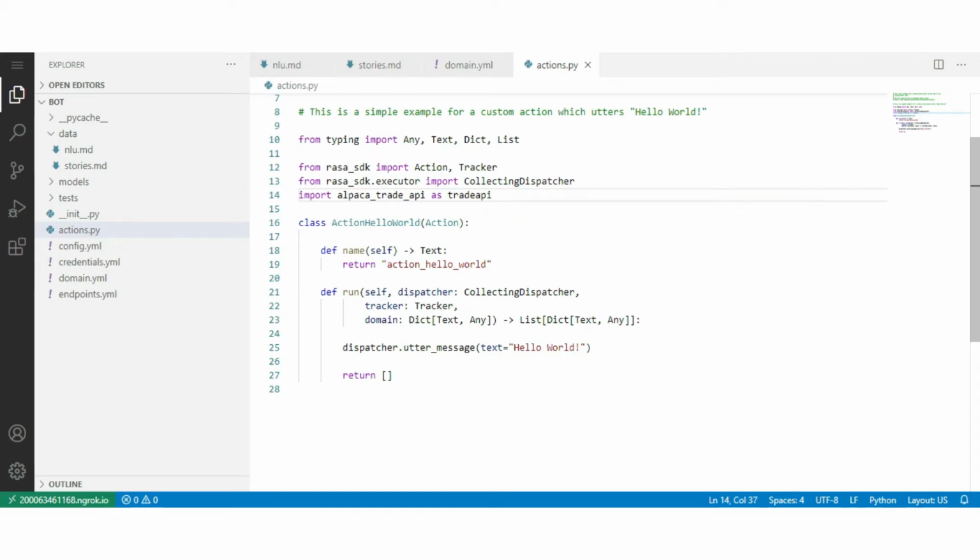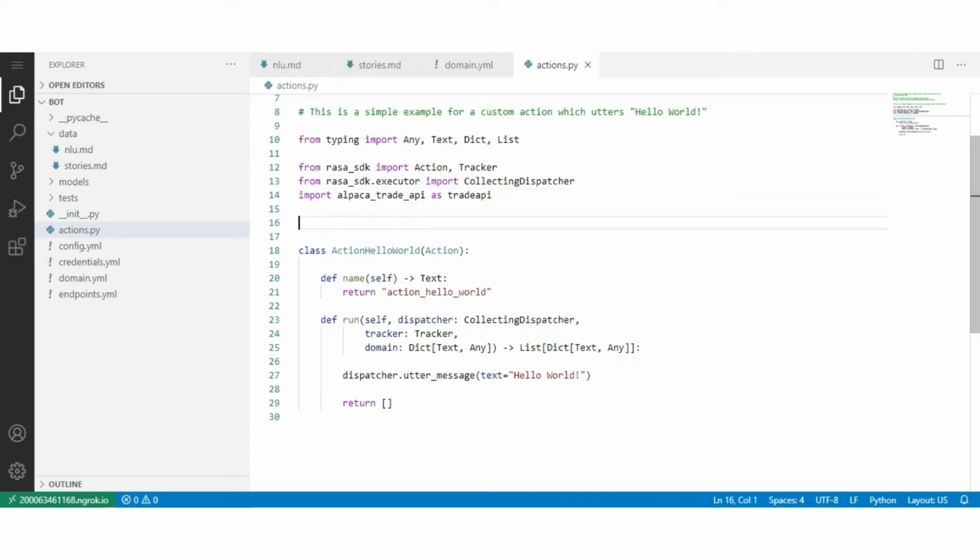Now to access our Alpaca account, we need to call the Alpaca API. Before that, let's declare our API key, secret token, and base URL that we created in our previous videos.